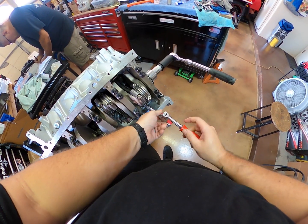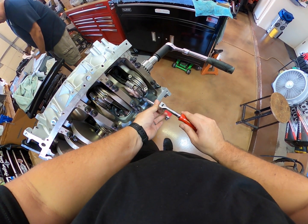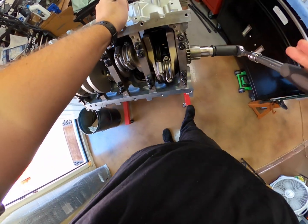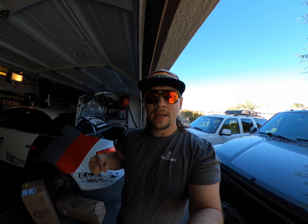So, getting ready to head to K-Sport to drop off Corey's Hosford's built LS that I built for him. Using Texas Speed parts, but as I was walking out the front door, which you can check out